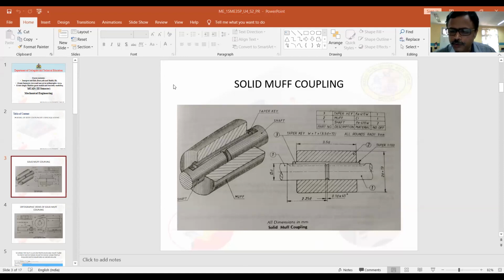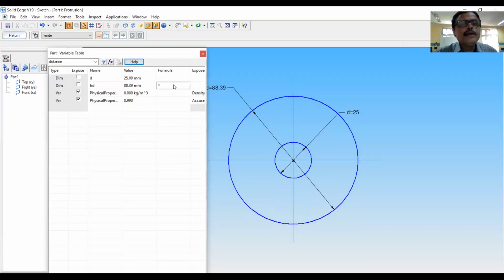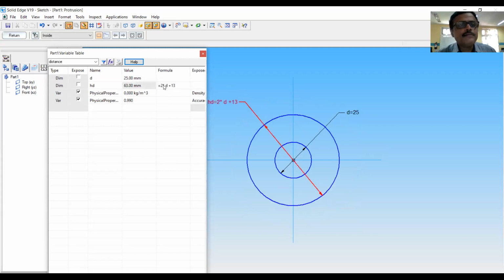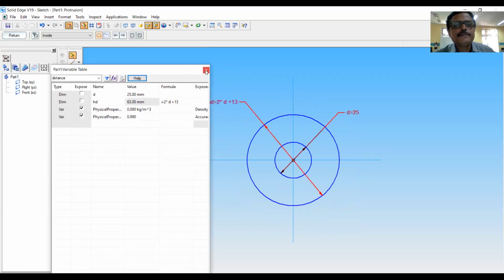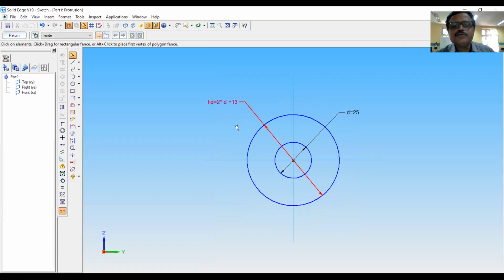This is 2 into D. This will be 2 multiplied by D plus 13. Enter. You can see that it becomes 63, and this is also updated here. This is HD is 2D plus 13. Now return.